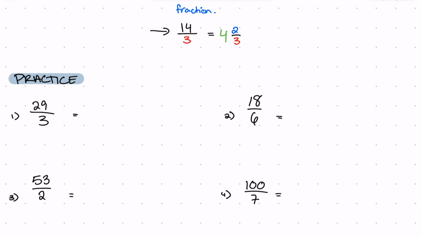So for the first problem, we have 29 over 3. So I know that 3 goes into 29 9 times. For 9 times 3 is 27. And then I have a remainder of 2, so it would be 9 and 2/3. But if you can't do that in your head, all you have to do is punch this into your calculator and you'll get